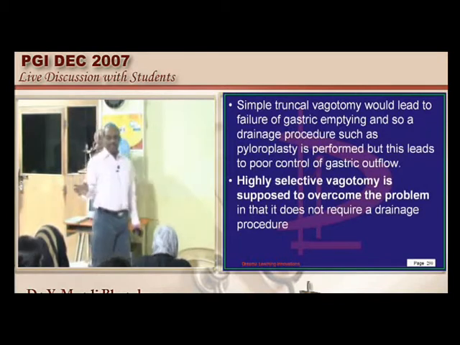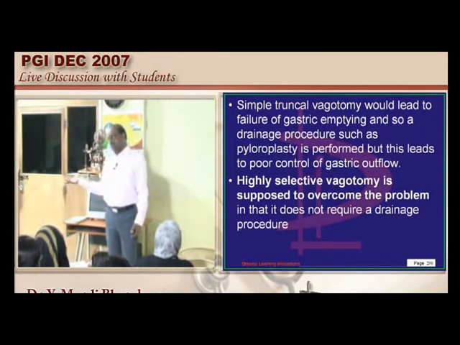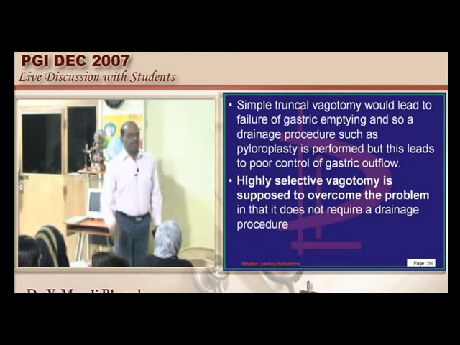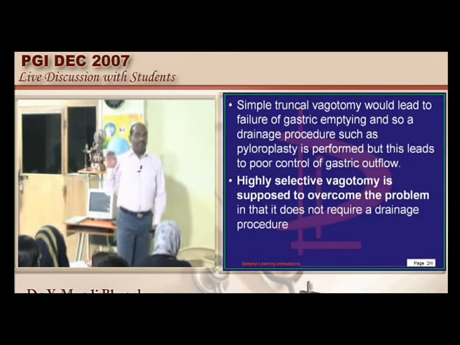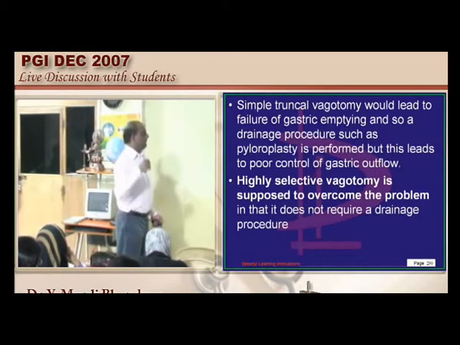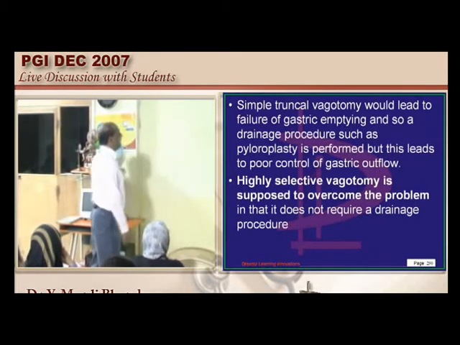What was the recent exam question in AIIMS? Billroth surgery. So, this is one high yield topic, doctor, that we have to clearly understand: where the drainage links are given in Billroth type 1, type 2, what are the complications, early and late dumping syndrome. So, these you must brush up very well before going to the exam.